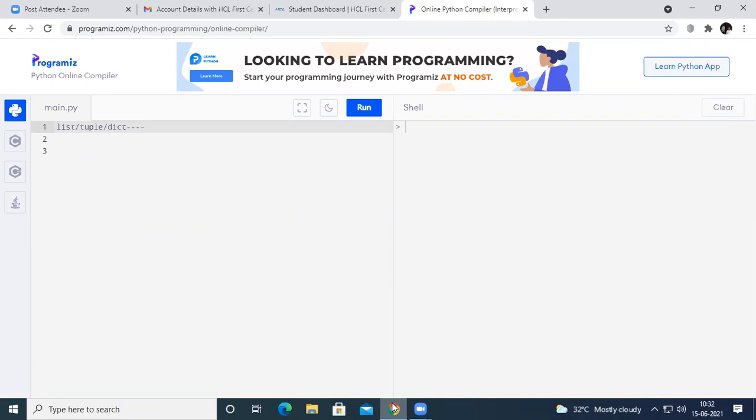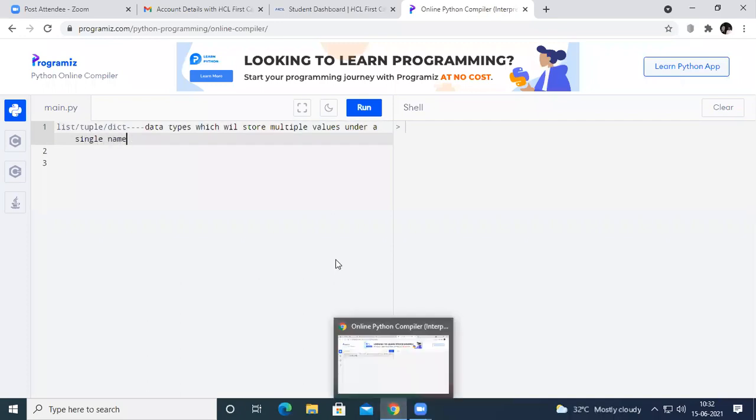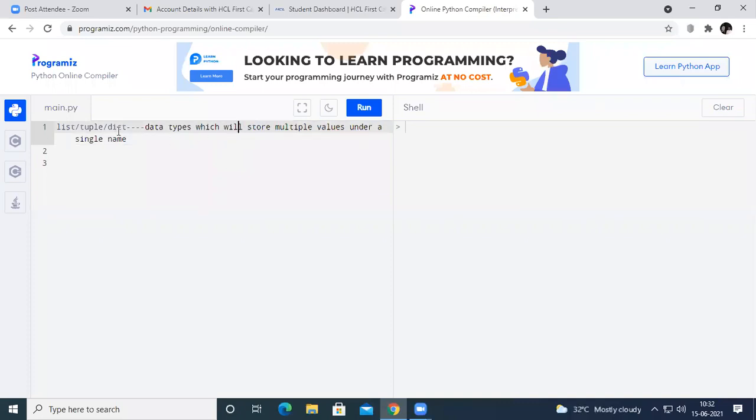All these three are called derived data types in Python. We can call them derived data types, or we can call them data types, which will store multiple values under a single name. So list or tuple or dictionary, all these are called data types which will store multiple values under a single name. Okay, so let us start with